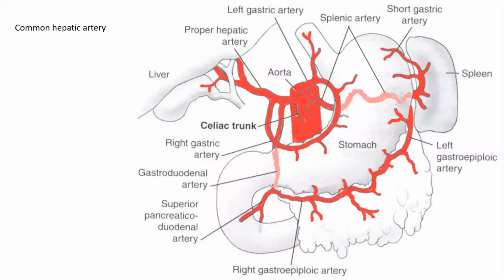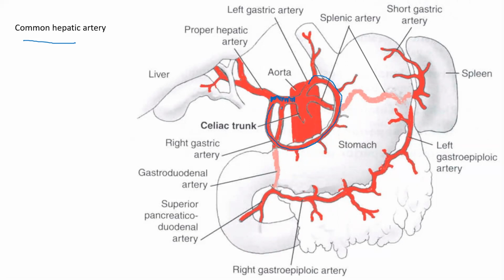Now coming to the common hepatic artery. The left gastric artery is the smallest branch. The splenic artery is the largest branch. This will be midway between the two. This is the common hepatic artery. I'll show you in the picture first. What is happening to the common hepatic artery? You can see it giving branches. One is the right gastric branch. Right gastric branch, we learned it now, isn't it? It runs along the lesser curvature within the lesser omentum, anastomosing with the left gastric artery. Branches from the right gastric artery supply the stomach.